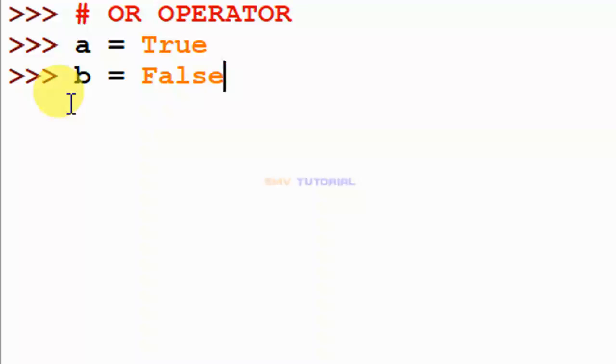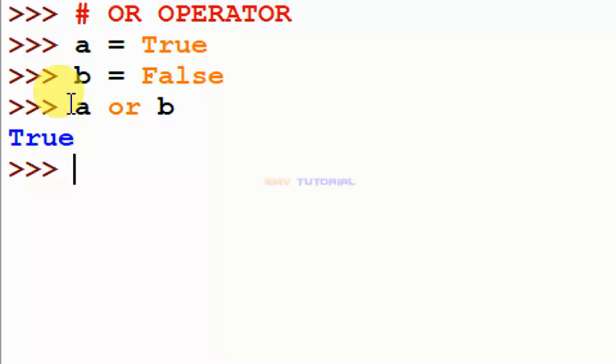With this operator, when any one operand is non-zero, the condition is satisfied as true. If these two are both False, the condition is False. I check A or B. This must show the result True. Of these two values, one value is True, so this condition is satisfied as True.